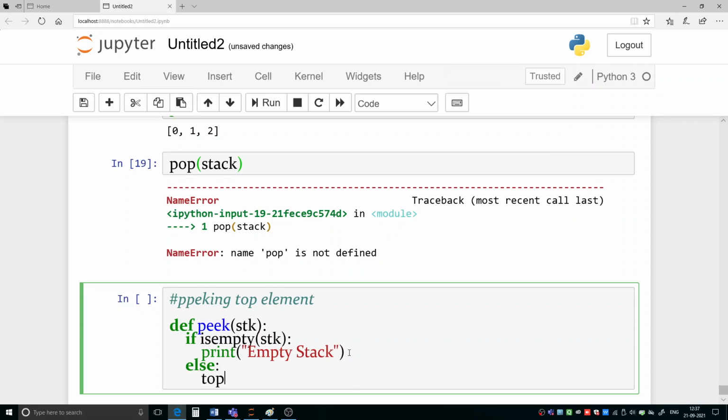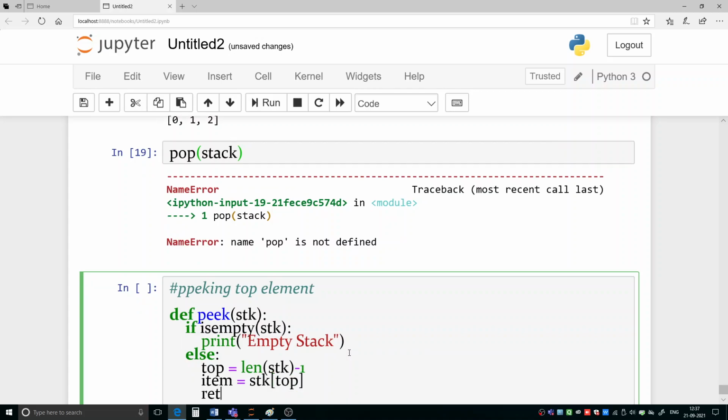So we calculate top equal to len stk minus 1. So top we have calculated, and now we will write item equal to stk top, and then return item. So that we have done. So picking we have done.